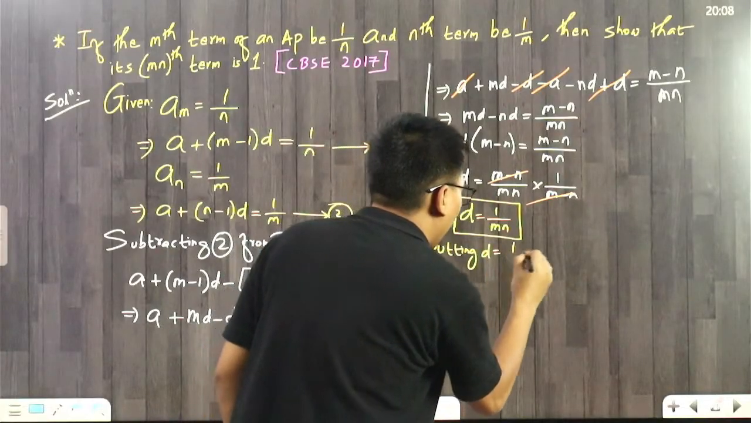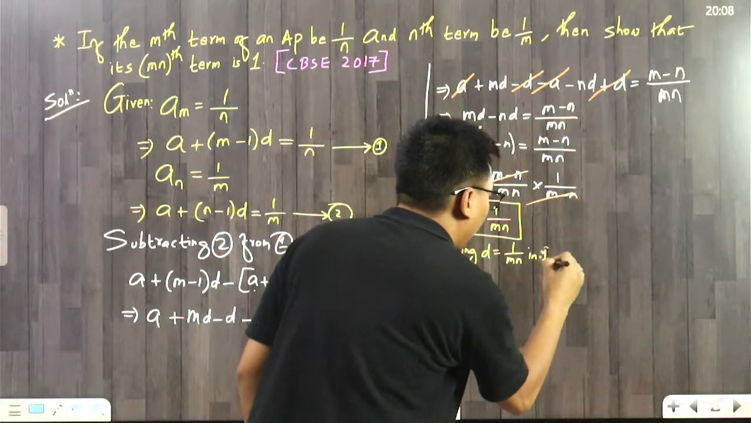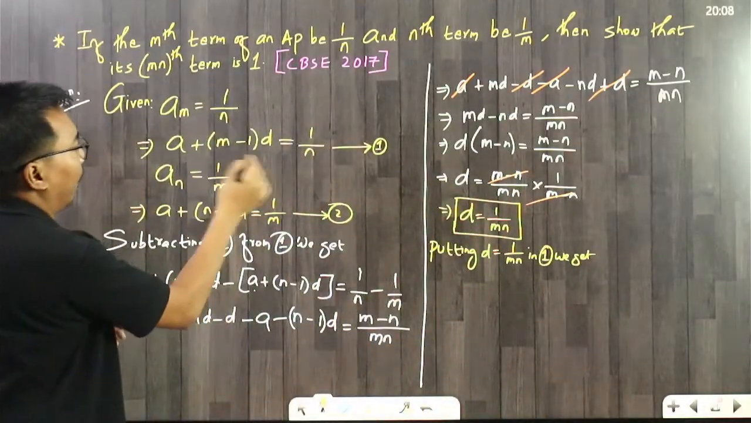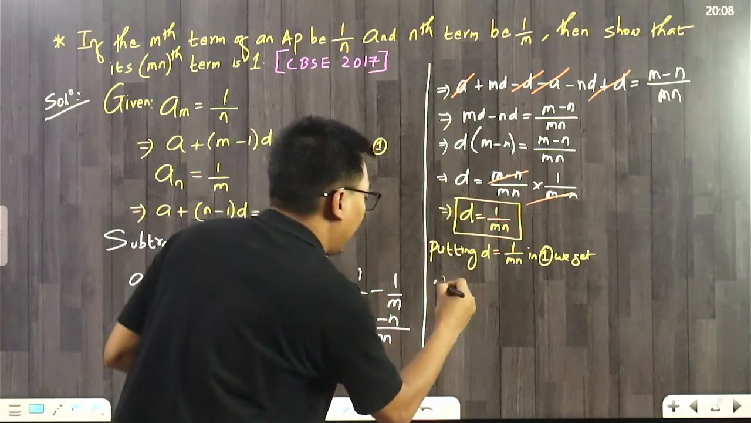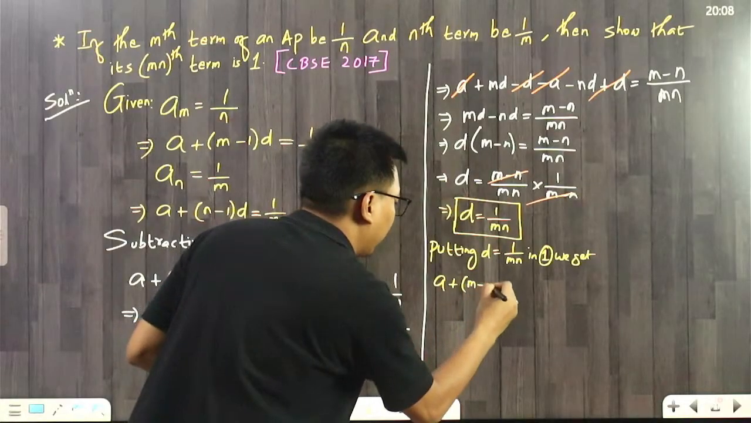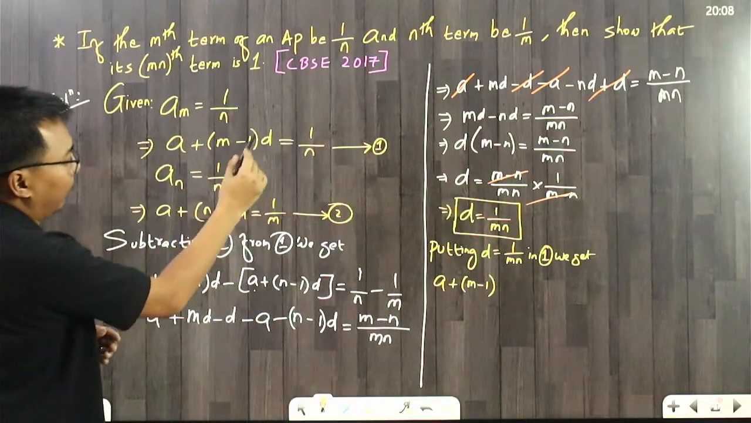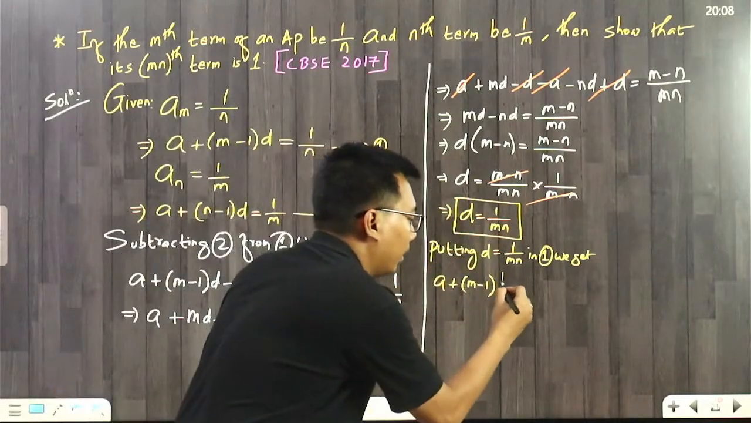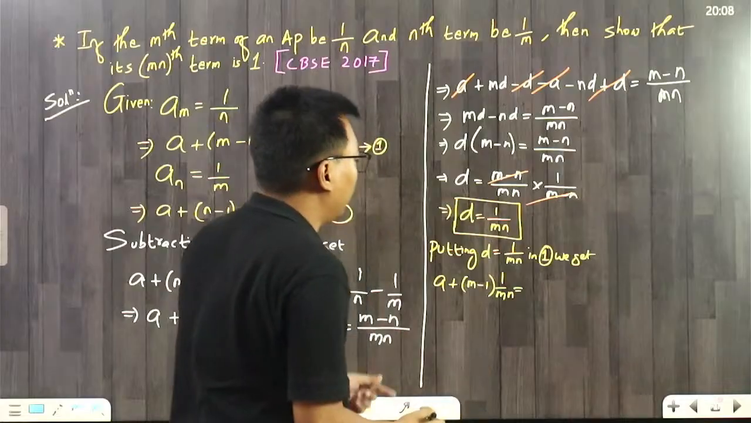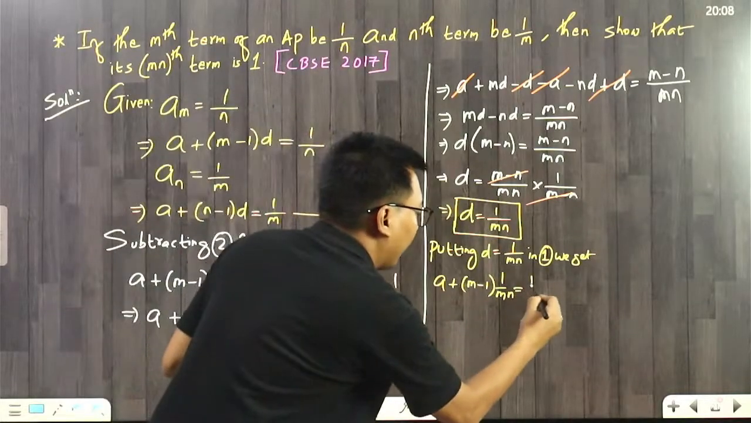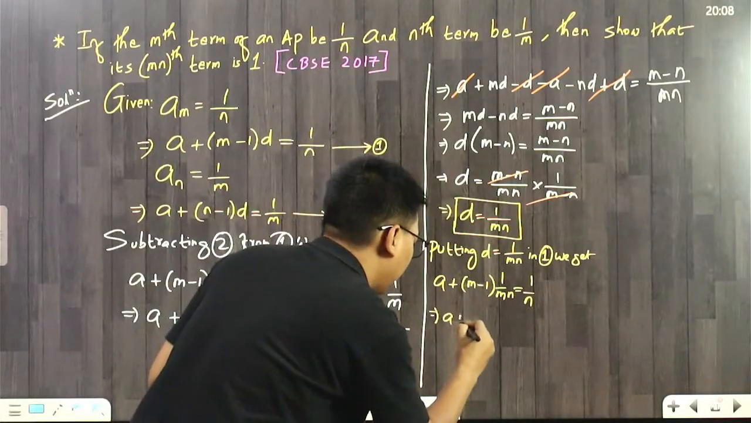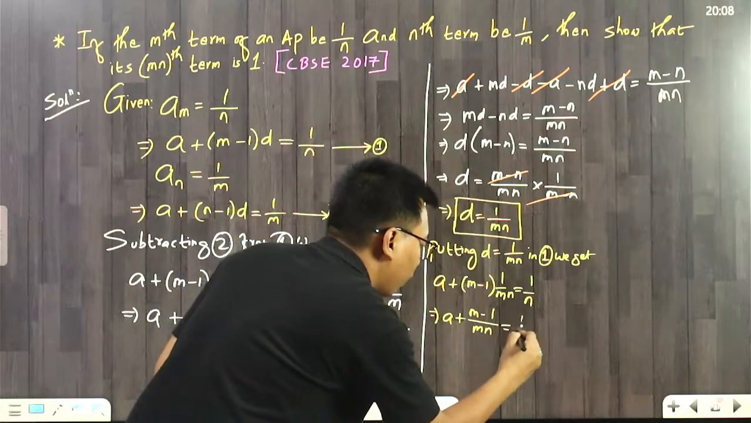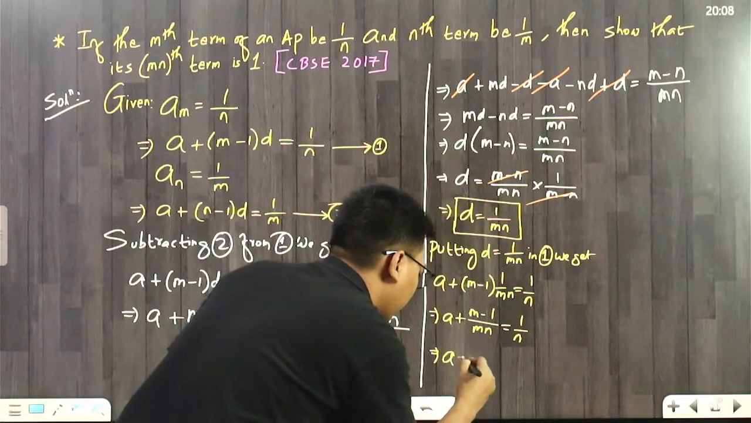Putting d is equal to 1 by mn in 1, let's see how much we get. See, this is equation 1: a plus m minus 1 d is equal to 1 by n. So a plus m minus 1, and after m minus 1 we have d. What's the value of d? 1 by mn. So we'll put 1 by mn here, which is equal to 1 by n. This is multiplication, so a plus m minus 1 by mn is equal to 1 by n, which implies a is equal to 1 by n